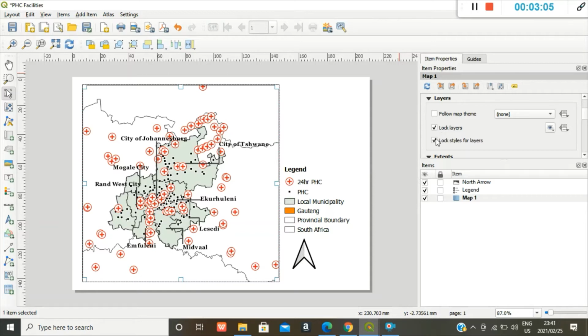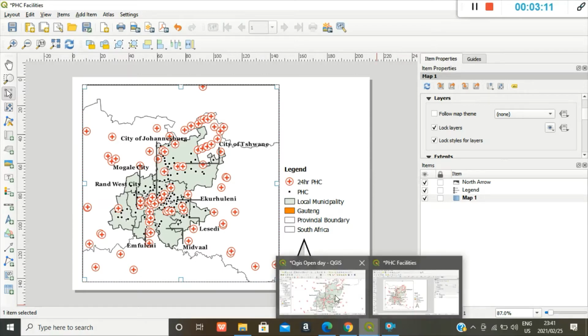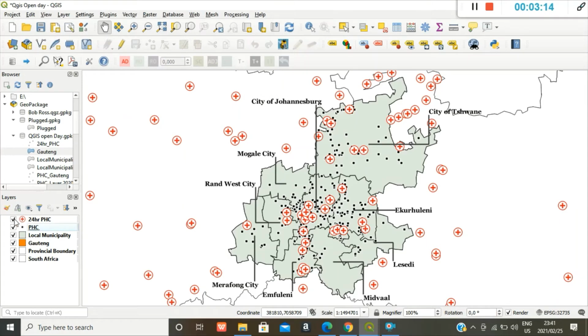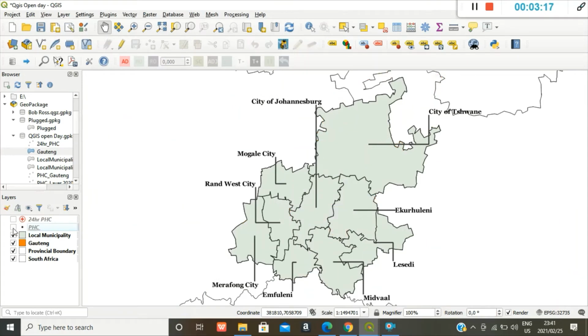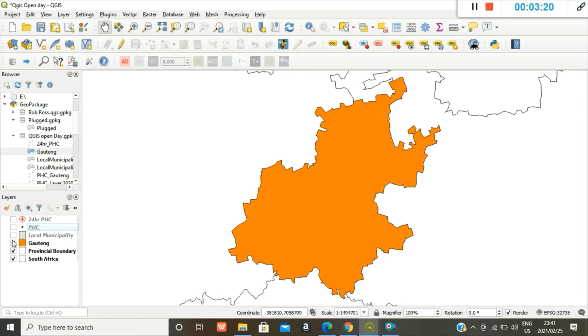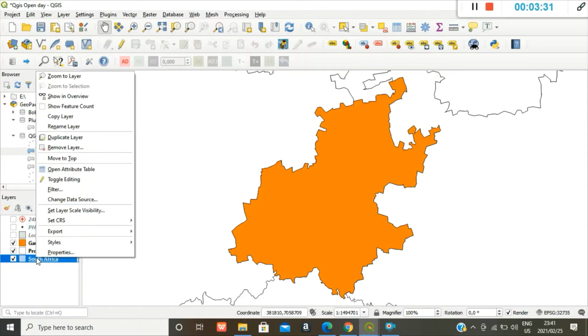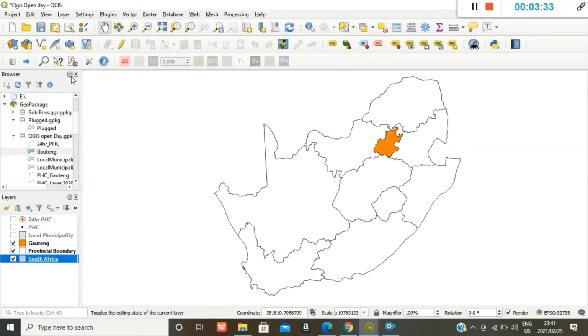I also want to lock the styles for my layers, and then I can go back to my original map. So here on my inset map, I just want to show where Gauteng is. So I can zoom into the South African layer, and that's where Gauteng is. I changed the color to orange. You can label it, and you go to your labeling styles, layer labeling options,